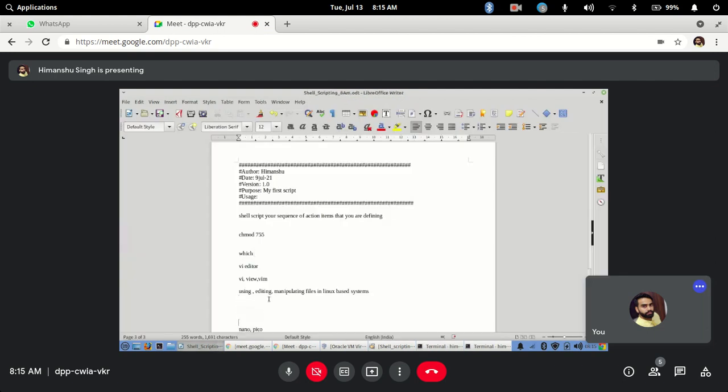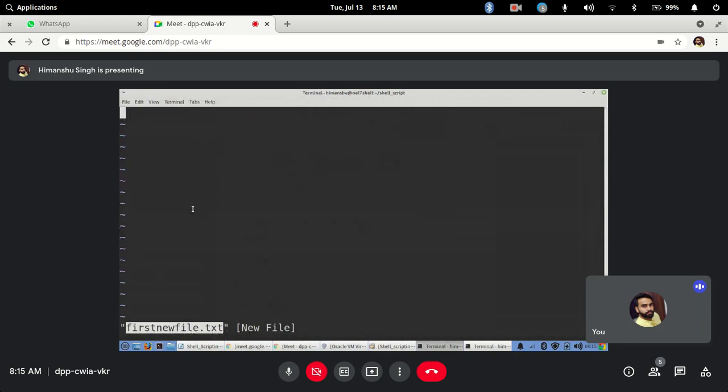Now with VI, we have two modes called command mode and insert mode. So right now what you see, by default whenever you will use VI to open a file or to create a new file, it will open in a command mode. Command mode will be used for, let's say, copy and pasting, cutting a line, deleting a line, exiting a file, saving a file. So that all will come under command mode.